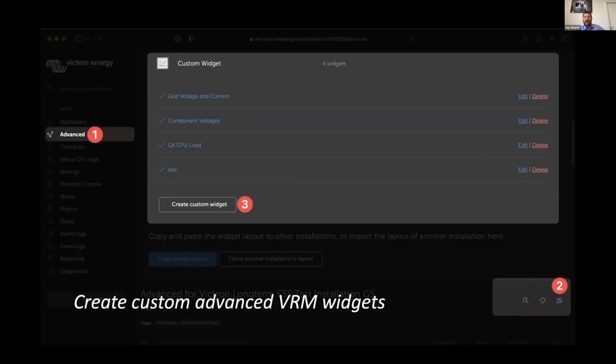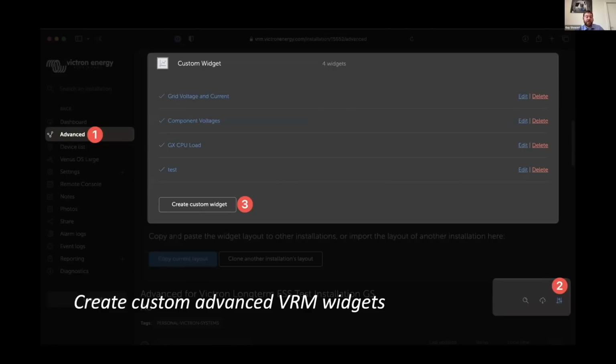We're definitely aware of this as a request. So, power user feature coming to VRM, extremely worthwhile knowing about. This is in the advanced section, so obviously for those that know what they're doing, but the ability to create custom widgets. Now, custom widgets have been out for some time, and already we've had 19,000 custom widgets created by our users. That's over 250,000 users in total, so incredibly popular already.